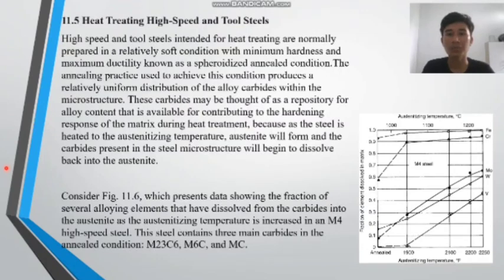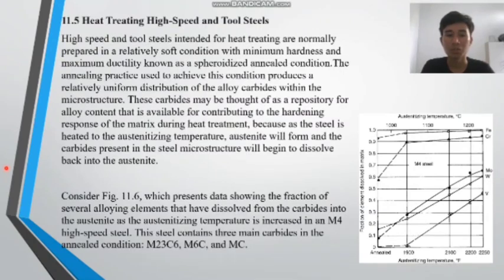Next, 11.5 heat treating high-speed and tool steels. High-speed and tool steels intended for heat treating are normally prepared in a relatively soft condition with minimum hardness and maximum ductility, known as a spheroidized annealed condition. The annealing practice used to achieve this condition produces a relatively uniform distribution of the alloying carbides within the microstructure. These carbides may be thought of as a repository for alloy content that is available for contributing to the hardening response of the matrix during